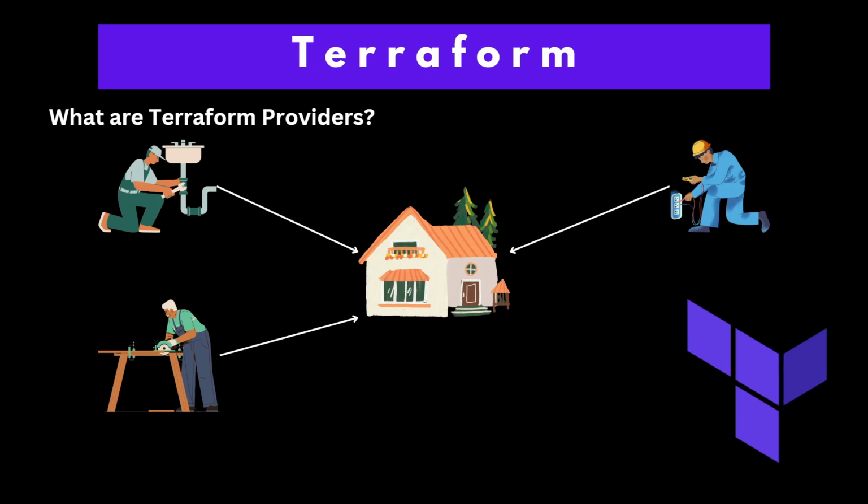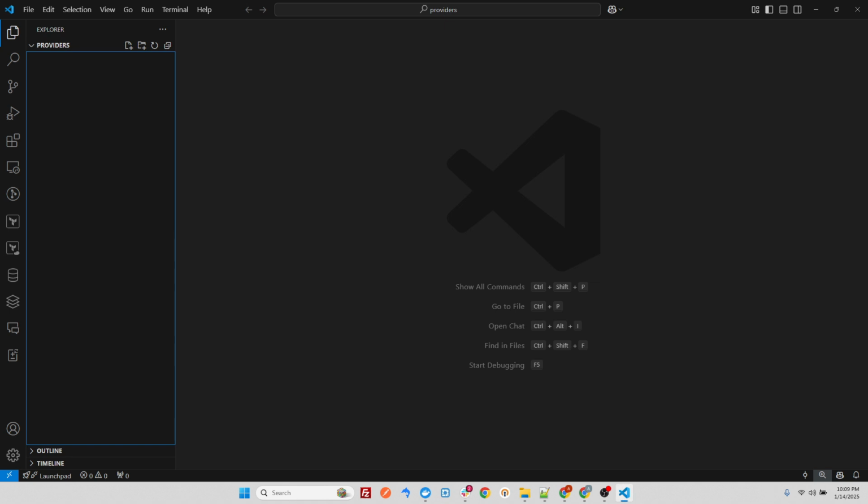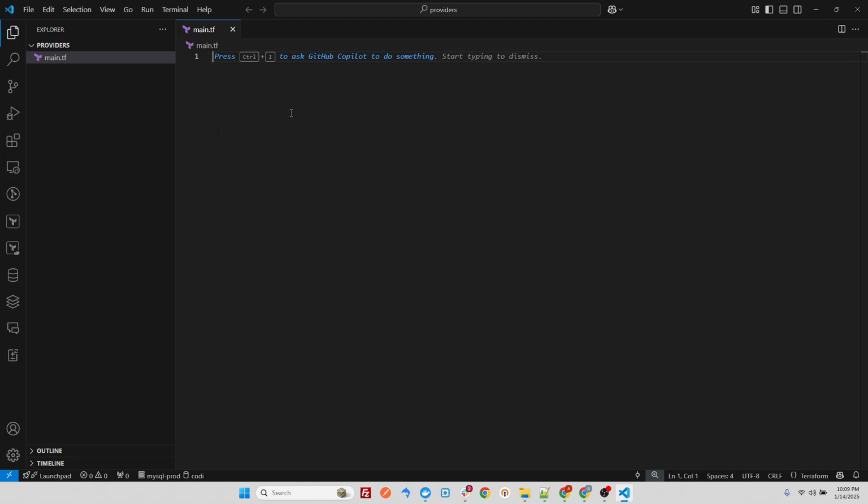Let's go to Visual Studio and do some hands-on. So first of all, we will create a file. Let's give it a name, main.tf. And inside this file, to use a provider, you need to declare it in your Terraform configuration file. So this is our Terraform configuration file, main.tf, and in this file we will declare our provider,